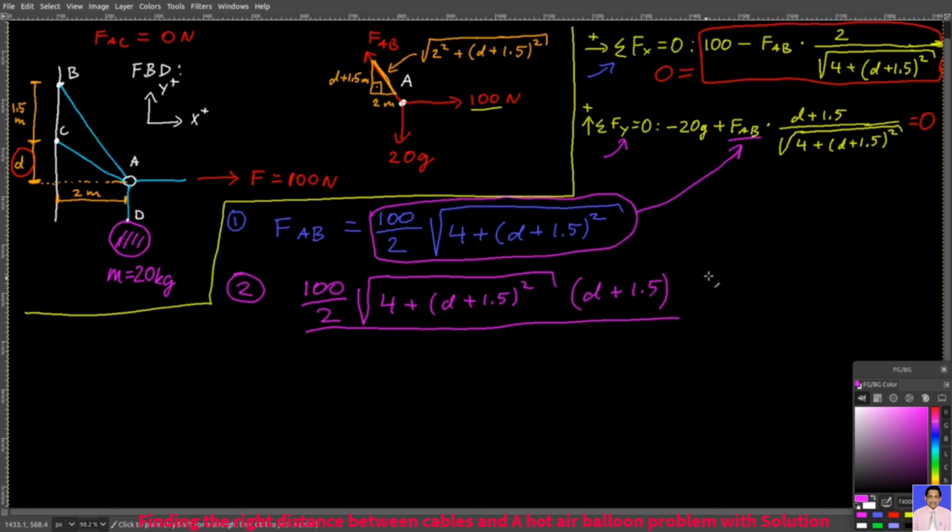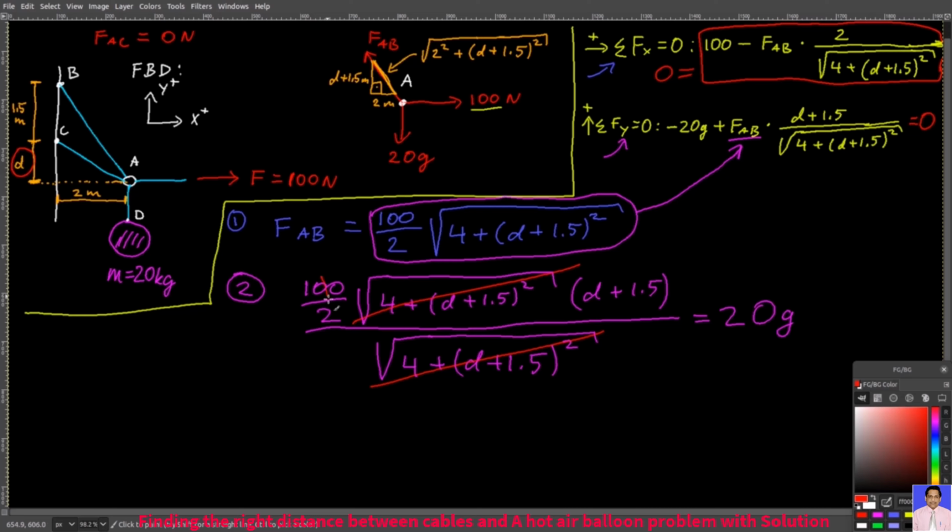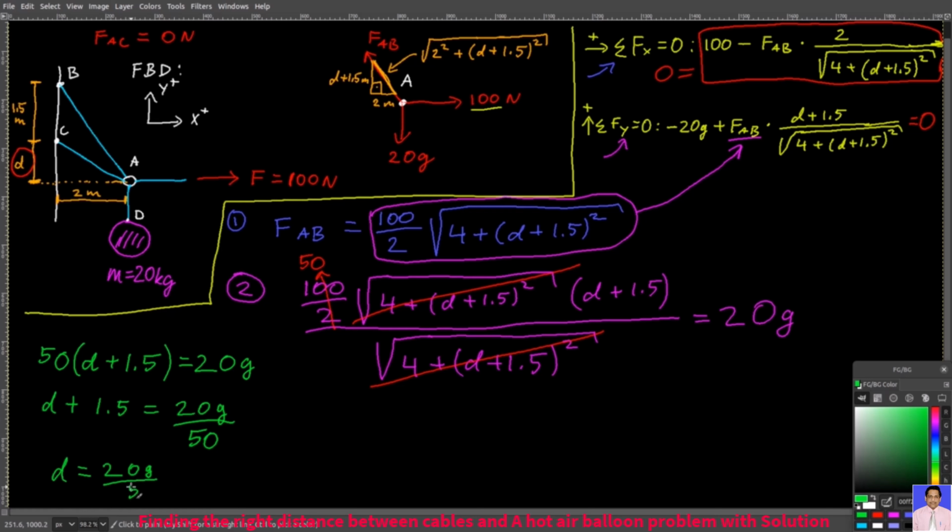Then I divide all that by this hypotenuse, and all that equals 20g. I can cancel out this one, and then this one here, it will be 50. So I will have 50 times D plus 1.5 equals 20g. That means that D plus 1.5 equals 20g over 50, which means that D equals 20g over 50 minus 1.5,